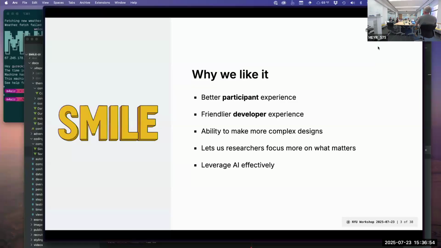It's enabled us to make much more complex designs, I think, because certain kinds of psych experiments are actually kind of simple. If you're just trying to show people a stimulus on the screen, I don't know if there's any real reason why any other library would be any better than this package for that. But